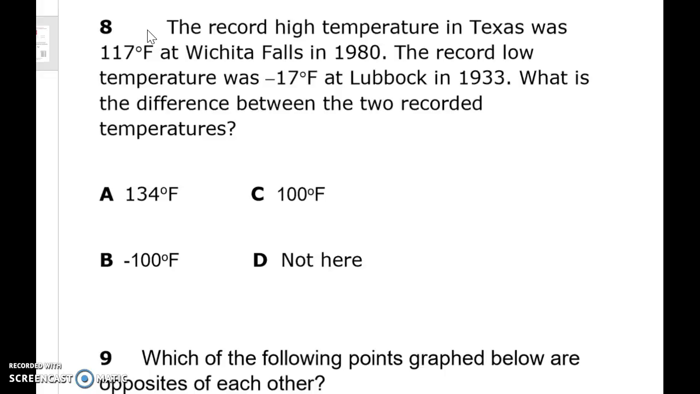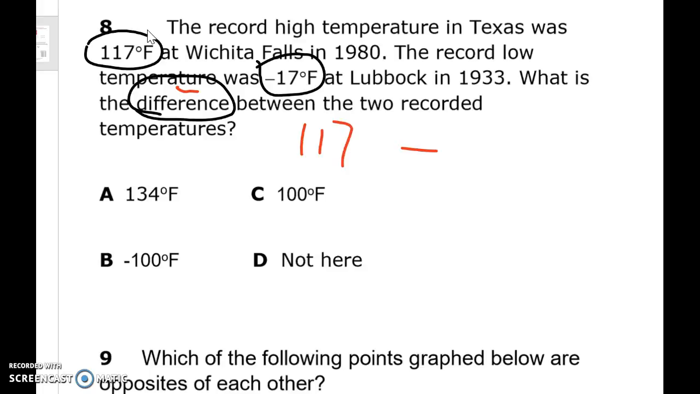We need to circle the beginning, the high, the low, and we need to look at one keyword, difference. So difference is the keyword for subtraction. So we need to have subtraction between the high and the low. Now look at the low. Is that a positive number or a negative number? It is negative 17. So now the expression we have is